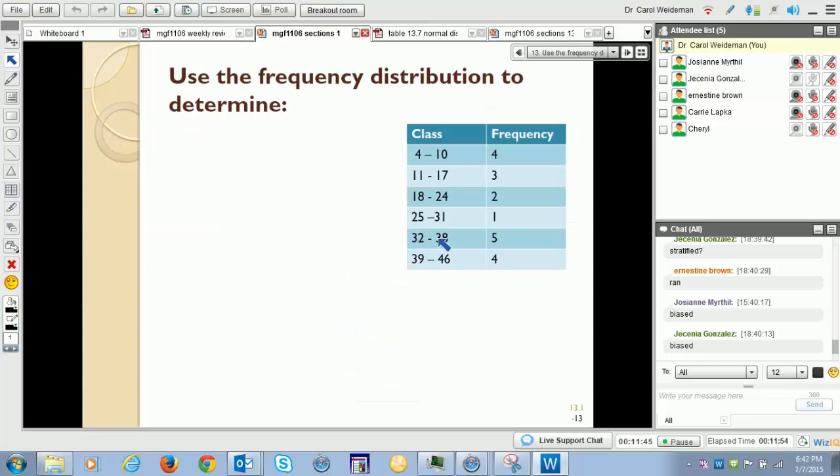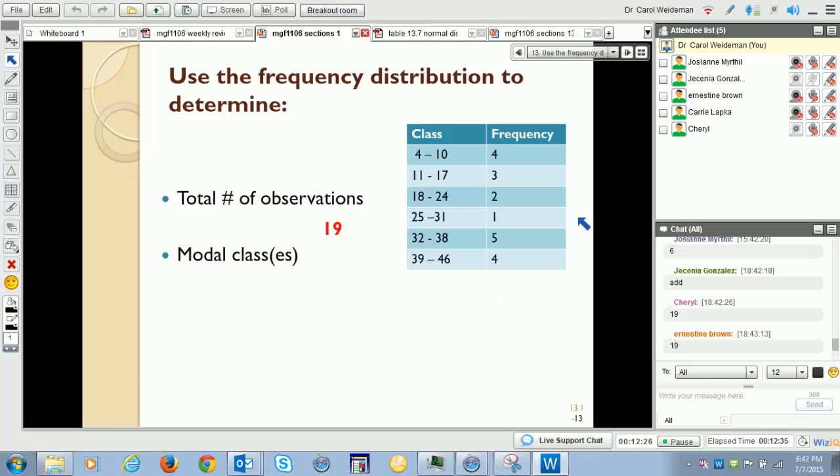So let's use a frequency distribution now to answer some questions. What are the total number of observations in this table? How do you calculate that? What do you do to find out how many total observations are in a frequency distribution? You simply add up the numbers here. So 4 and 3 is 7, 9, 10. So not 6. Be careful, Josiane, you actually add the numbers here. It's actually 19. Okay, so 4 plus 3 plus 2, etc. So 19 different people, whatever this survey was about, answered the question here or were categorized in this table.